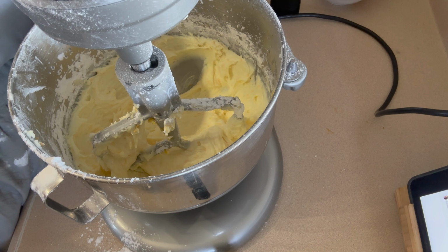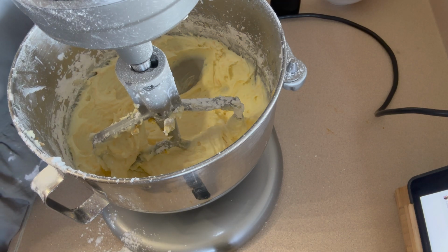Icing? Frosting. What do you call it? Is there a difference? I should probably look that up, but drop a note down in the comments below and let me know if you call it icing or frosting,